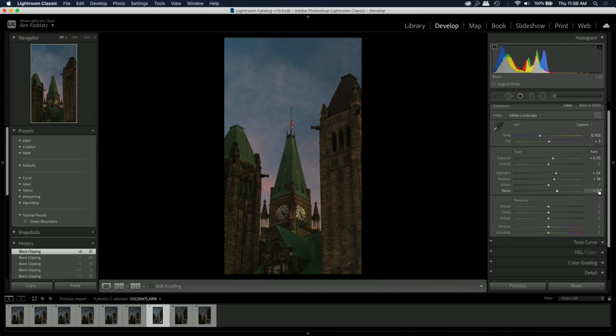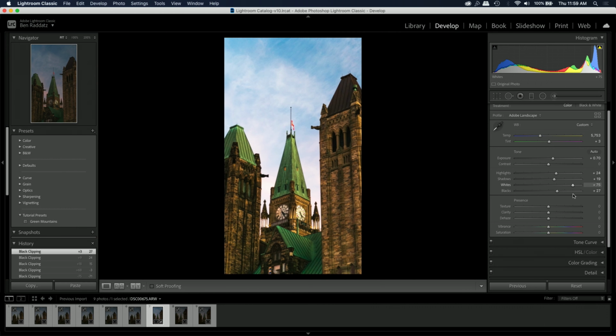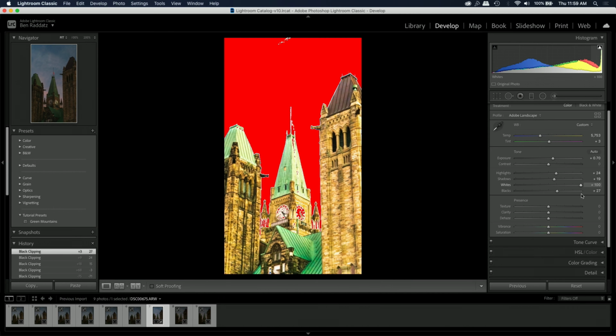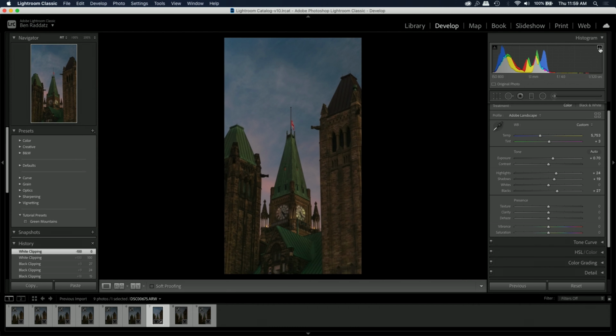Right here at 27 on this photo is no clipping. And then obviously you can do the same with white, but there's nowhere close to clipping. If we go way up high here, we can see that we're starting to clip where it turns red. Not a very nice look, so I'm just going to zero that back down, unselect this,